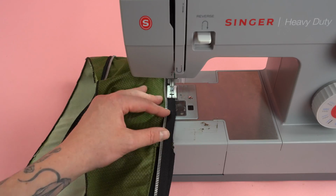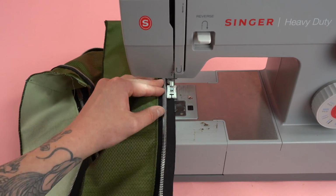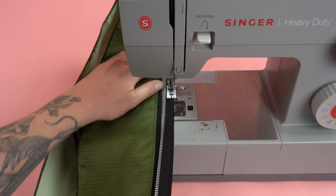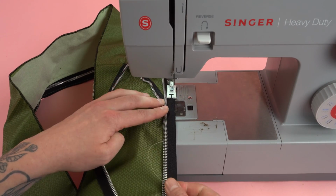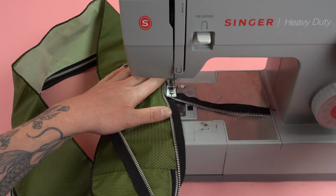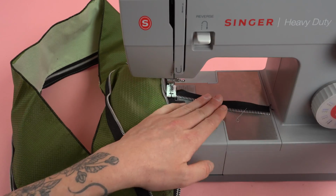The biggest thing you want to keep in mind is that you want these to be perfectly even on both sides, or else your zipper train is not going to run correctly. Technically, sewing them on the diagonal already lined them up, but this is also nice just to keep in mind as you're sewing and ending your stitch. Once you decided where you're going to end it, you're going to turn that zipper off so it kind of curves right off the side edge, and then you're going to tack stitch back and forth to really lock that